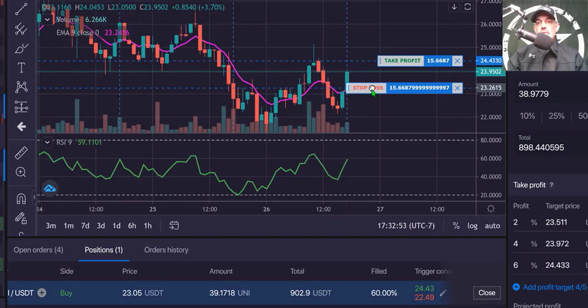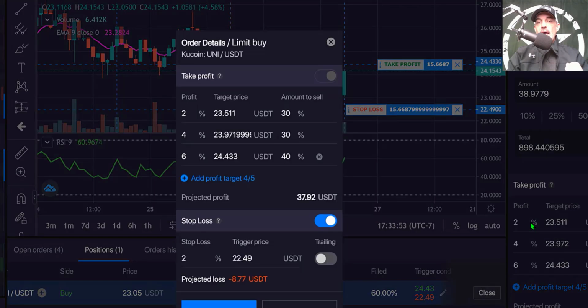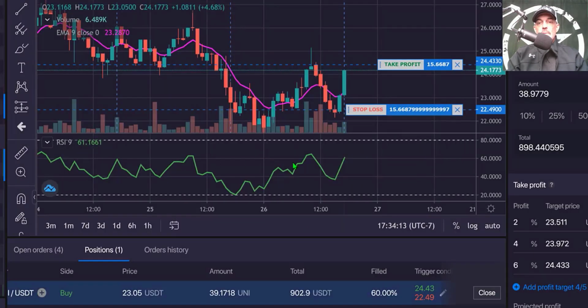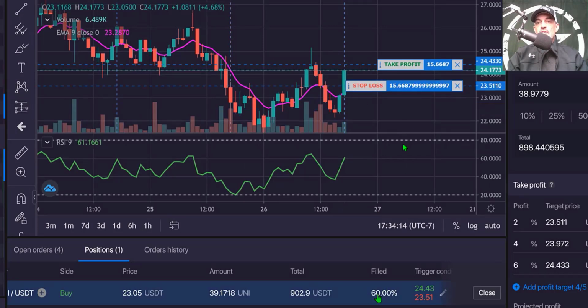And now you can see I'm starting to move my stop loss up. And so I actually want to right around this 2% profit level. So I'm actually going to type that figure in so that I can ensure that regardless of what happens, all my positions will be filled in profit. So I jump my stop loss up to match my original 2% profit. And so the stop loss has now been moved up from an actual loss to, if it retraces back, it'll be a profit. And the price action, as you can see, is getting closer to my third target for profit